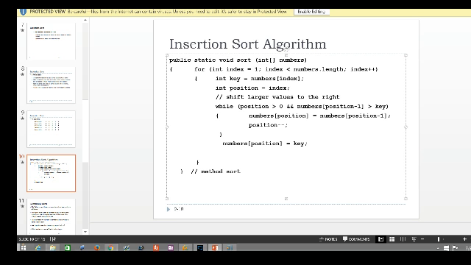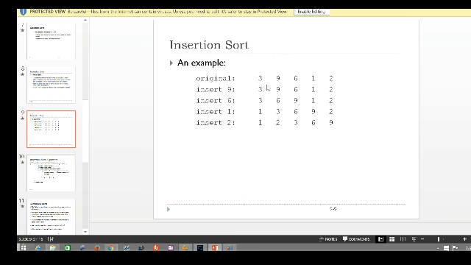And then it goes until it reaches the end of the list, or as long as the position is greater than 0, and the number at position minus 1 is greater than the key. The key is whatever the current index is that you're searching from. So insertion sort